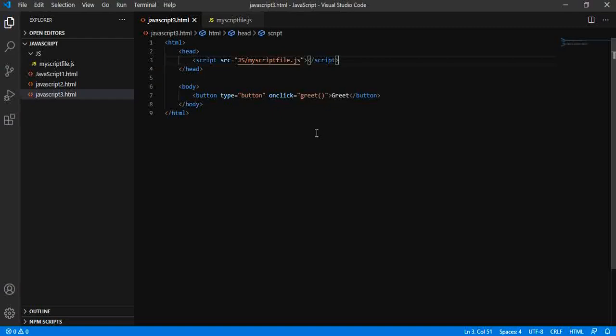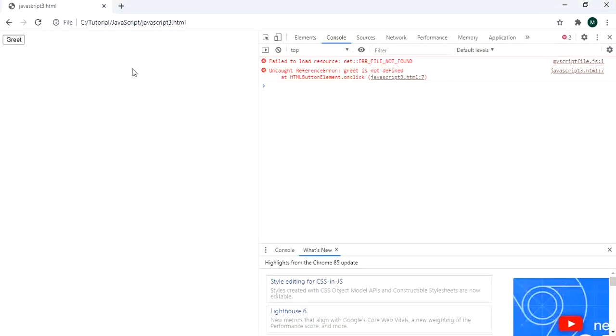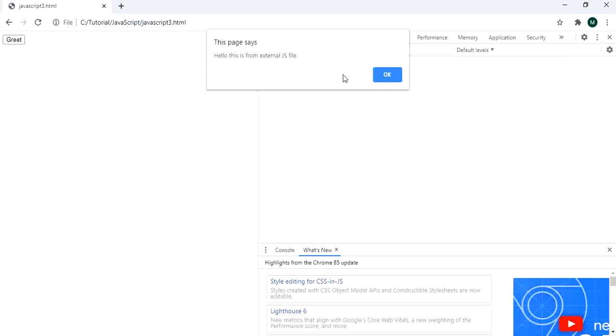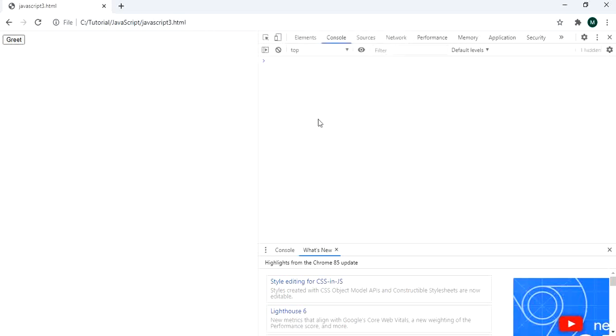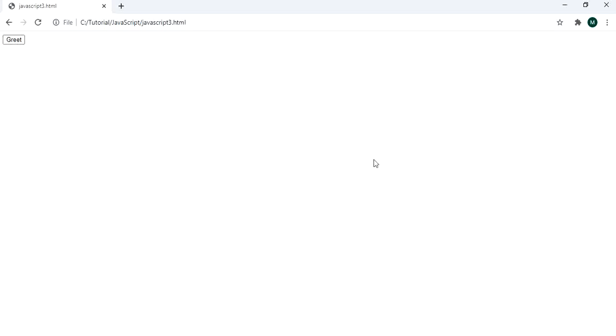Let us see. Now it is showing the greet on click of the button. So in this way we can add external content to our HTML with the help of src.